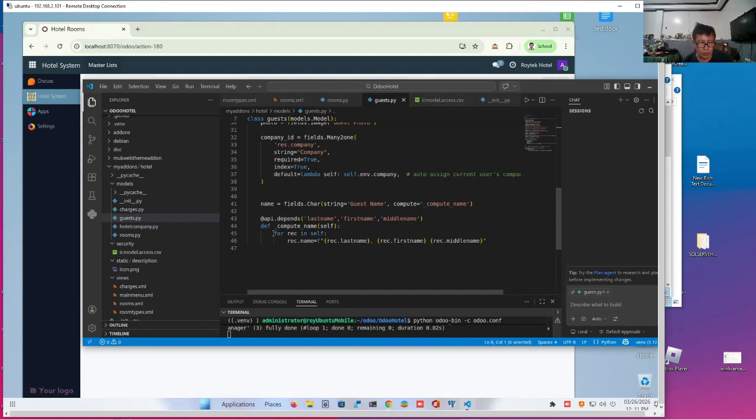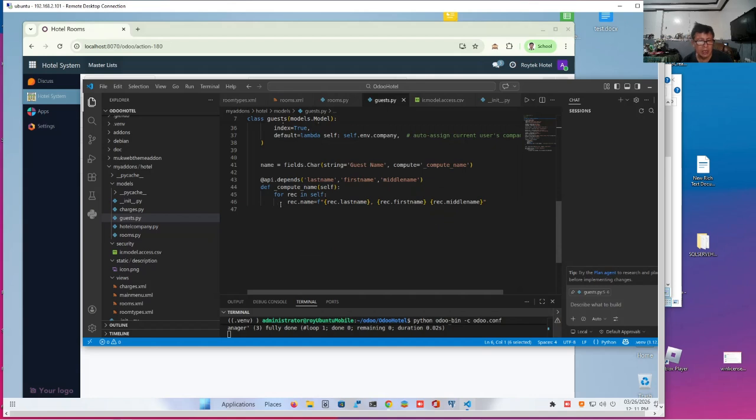So we have to use a for loop because self may come as an array. We say for rec in self, which means for each record in the guests model, we are going to compute name by rec dot name.